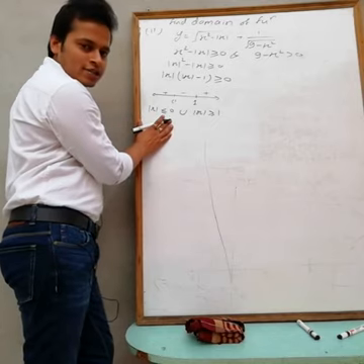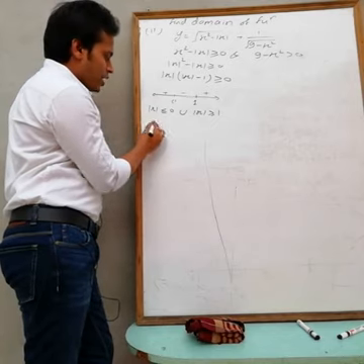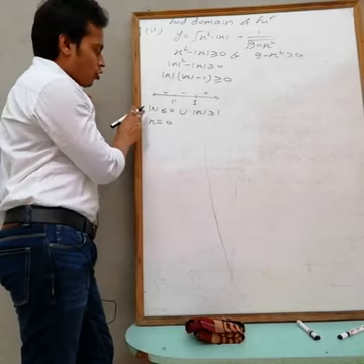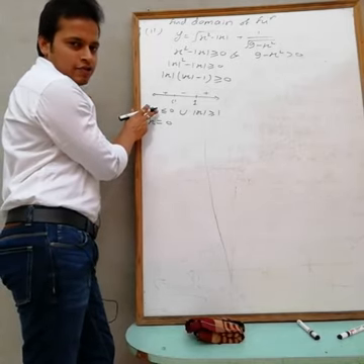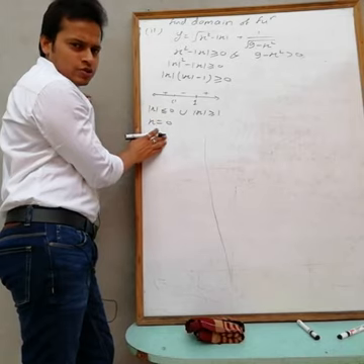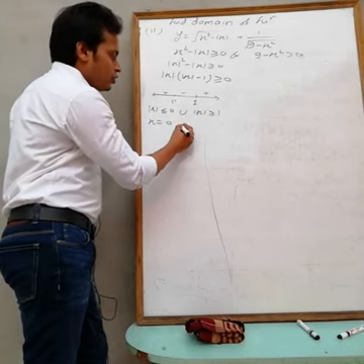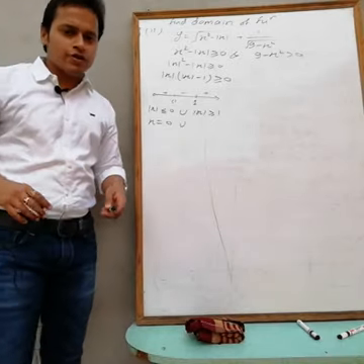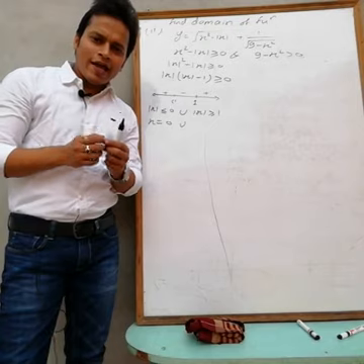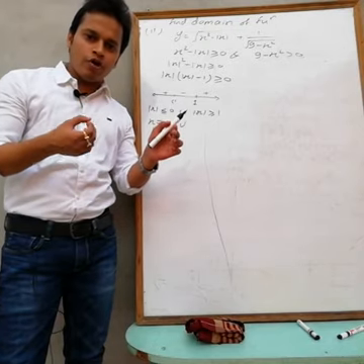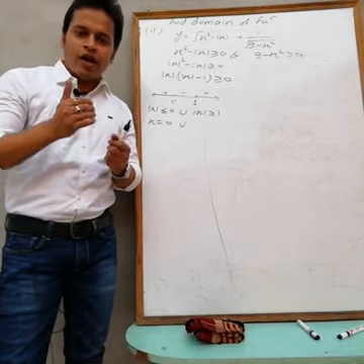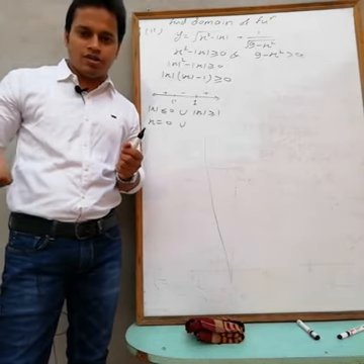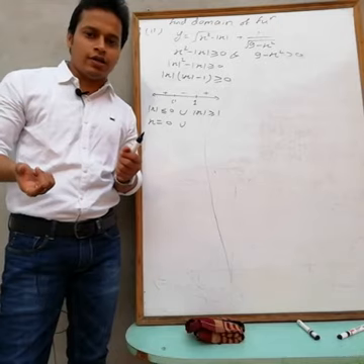Now from mod of x less than or equal to 0, I am getting only one value, x equals 0, because if you put any other value, mod of x can't be less than or equal to 0. Only x equals 0 gives mod of x equal to 0. Union, mod of x greater than or equal to 1. For this, if you put x greater than or equal to 1, then mod x is also greater than or equal to 1. And if you put x less than or equal to minus 1, like minus 1, minus 2, minus 3, then also mod of x is greater than or equal to 1.